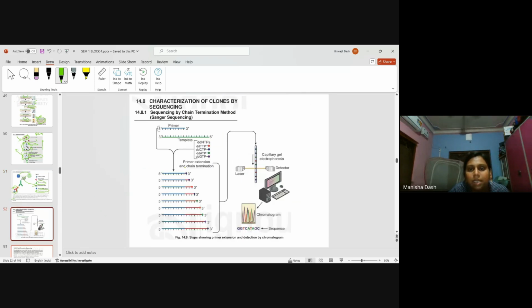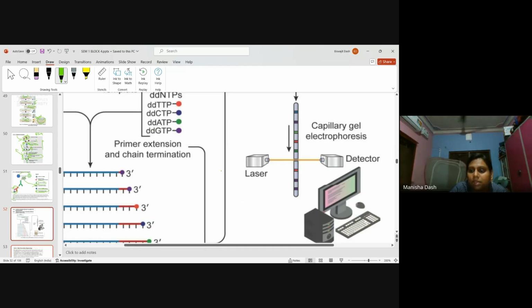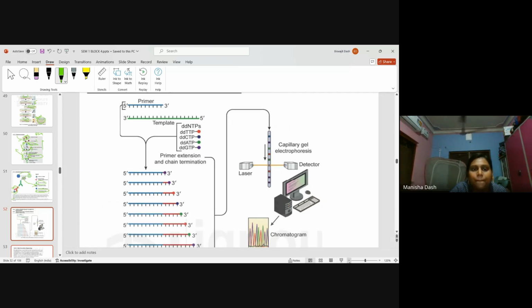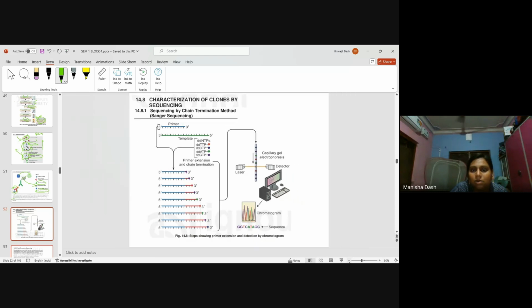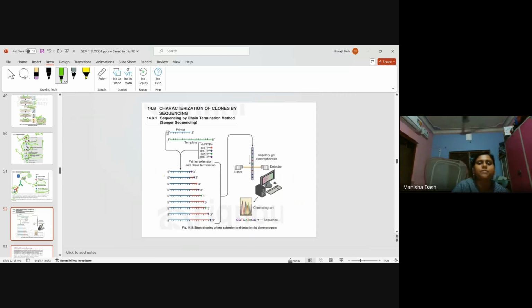Then coming to the next, that is the characterization mostly by sequencing, how to find out the sequence of a particular DNA segment. One of the most common methods that is used is the chain termination method by Sanger. This is called Sanger sequencing. Now what they do in this technique, as you can observe here,